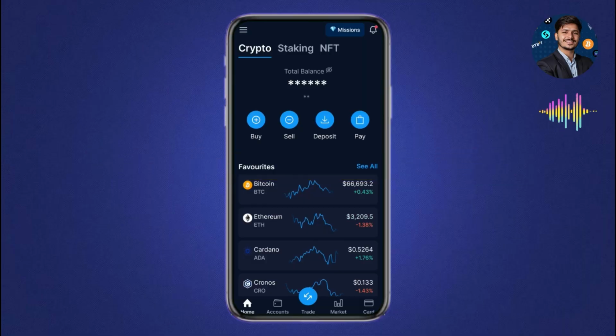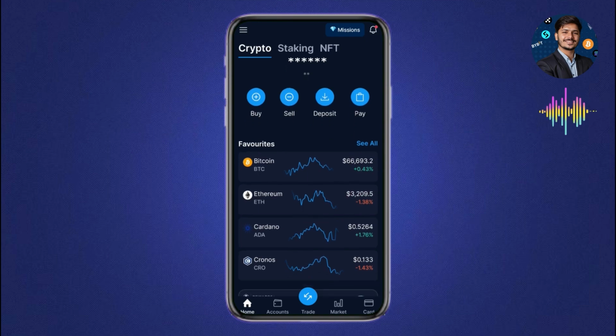What's up guys, today I will tell you how to transfer crypto from crypto.com to MetaMask. So let's get started. So first what you need to do is launch your crypto.com mobile application and log into